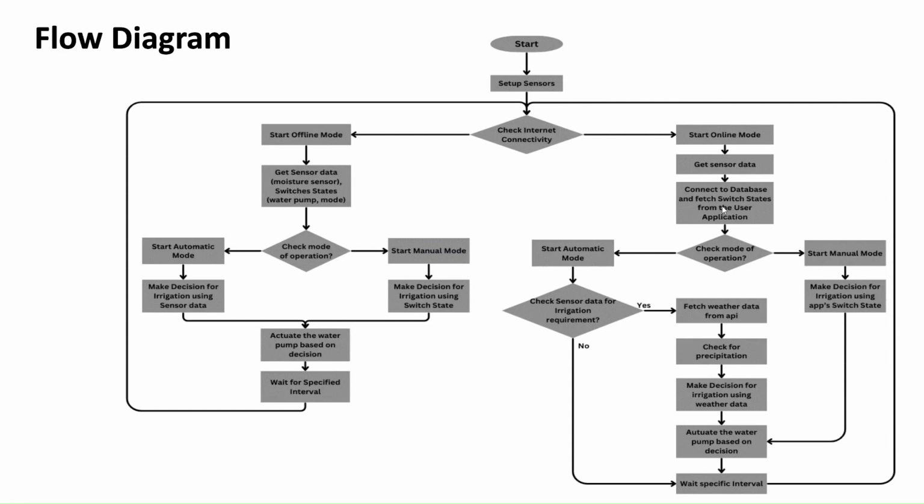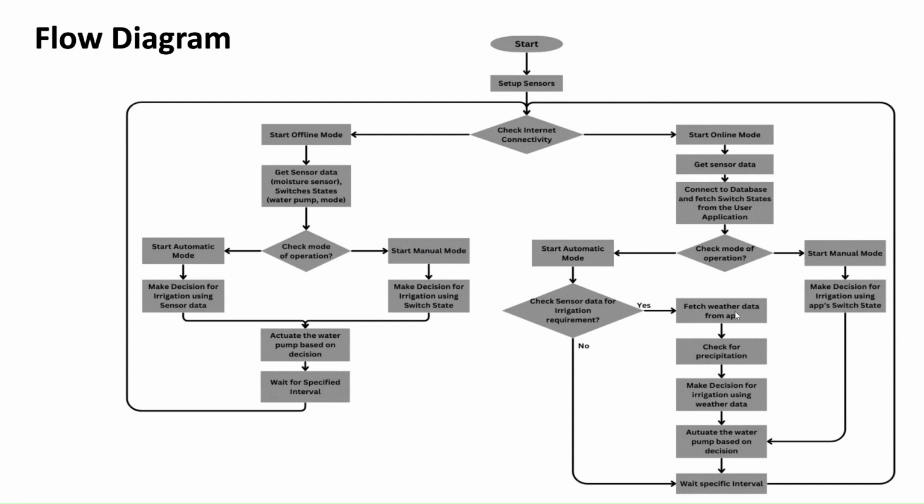Once the database is connected, the switch states from the user-side app or web application are fetched, and based on the switch state, it decides whether to go for automatic mode or manual mode. Since the user is again provided with a switch to switch between automatic and manual mode in the app itself. If the user has selected automatic mode, the sensor data is fetched for making decisions. Once the sensor data gives the result of dry, that is, irrigation is required,